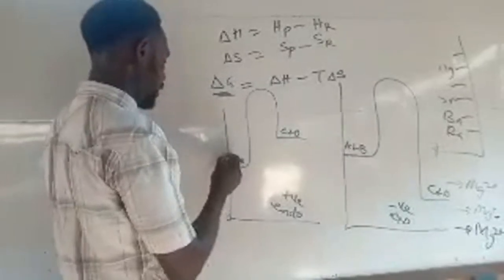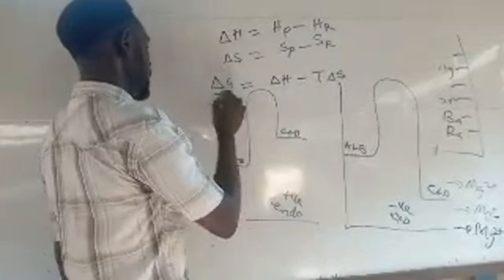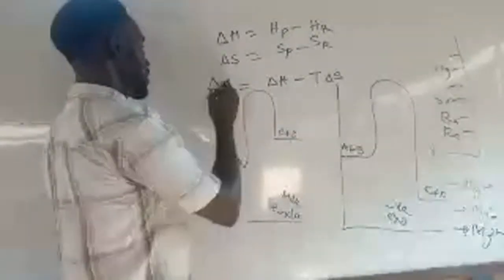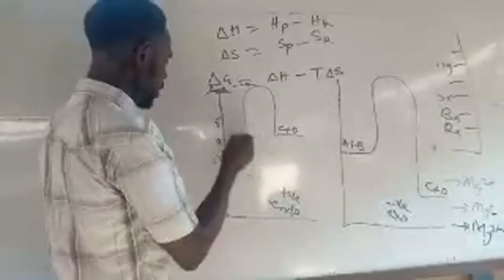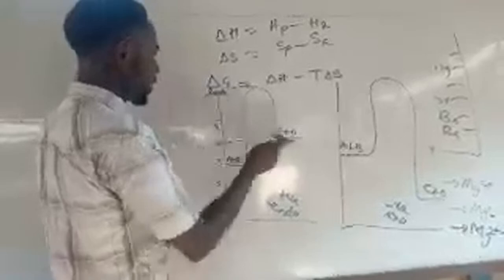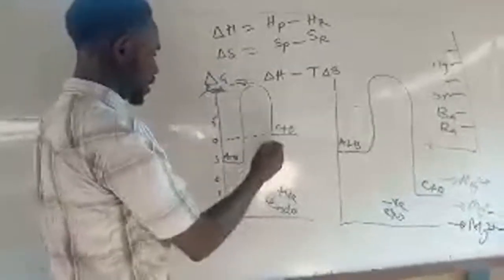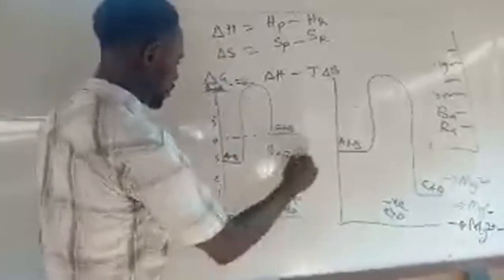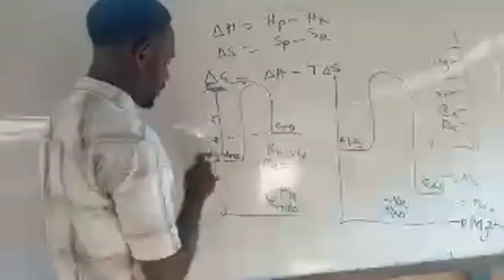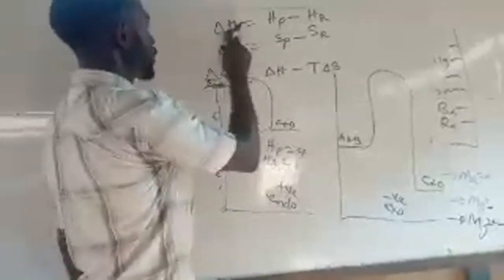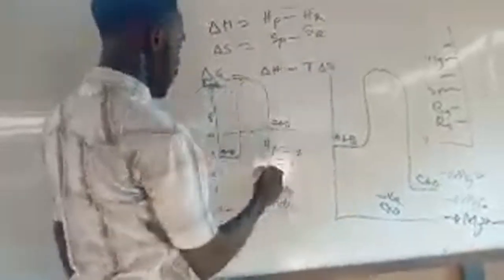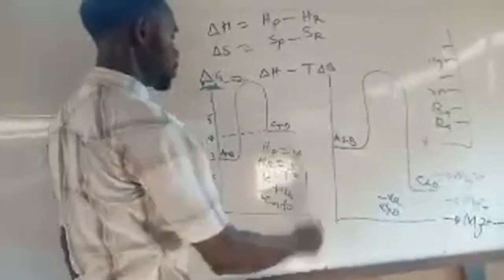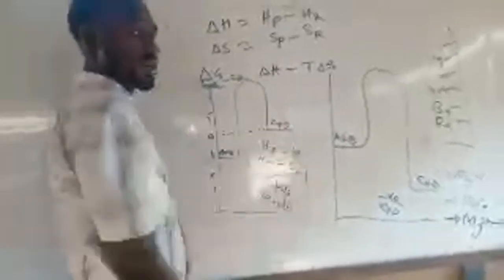0, 1, 2, 3, 4, 5. Let's see the activation energy as 6. In this case, if you trace well, you find out that this is heat. The heat of product here, that's HP, is 4. Then here, heat of reactants here is what? 3. And remember, heat change is equal to HP minus what? HR. In that case, it becomes what? 4 minus 3, which is equal to 1. And 1 is positive 1, is not negative. And that is why this reaction is endothermic.